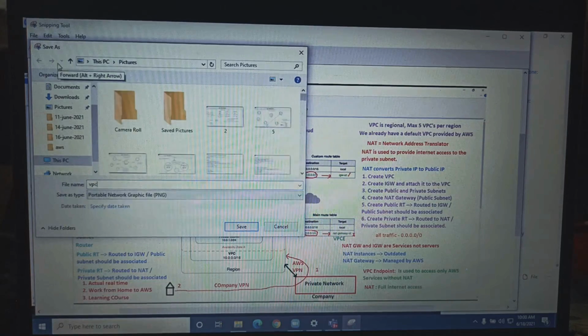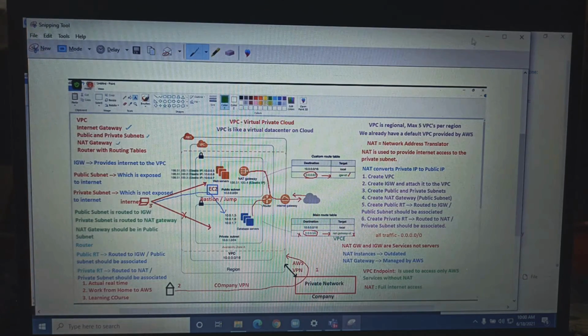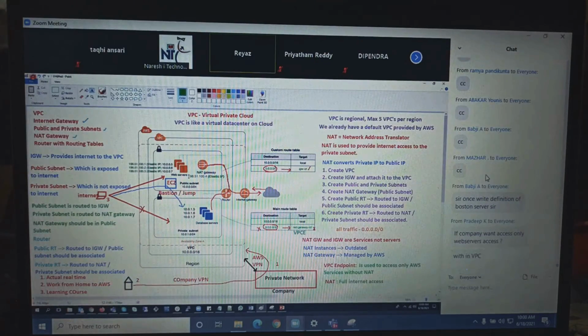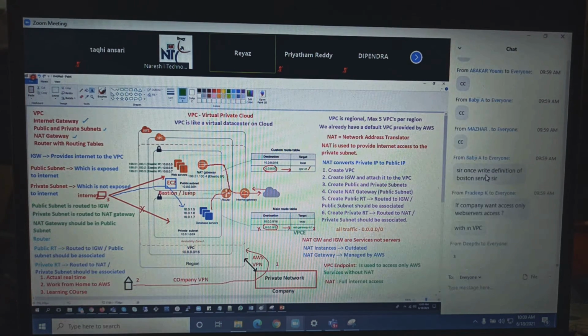Guys, even though, remember, in AWS, when you launch an EC2 instance, you will have a public IP and also you'll have a private IP. Yes or no? Every EC2 instance will have a private IP also, right? Using that private IP, you can access it.